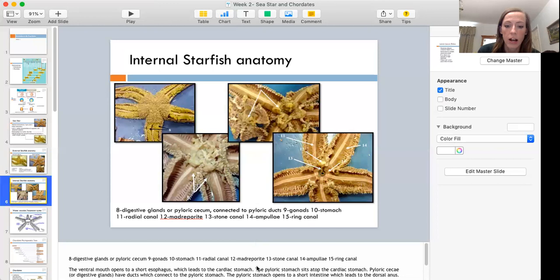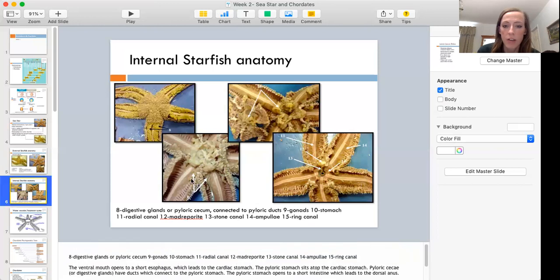Okay. I think that covers the digestive tract. We have the anus on the top. You can't actually see that, but there are digestive glands or pyloric cecae in each of the arms, which help with digestion. They're connected to the pyloric stomach. Pyloric stomach sits on top of the cardiac stomach, which is on the oral side, just adjacent to the mouth. Okay, so that covers the digestive system,